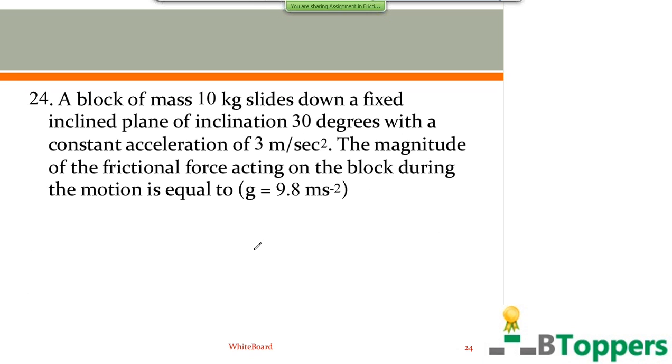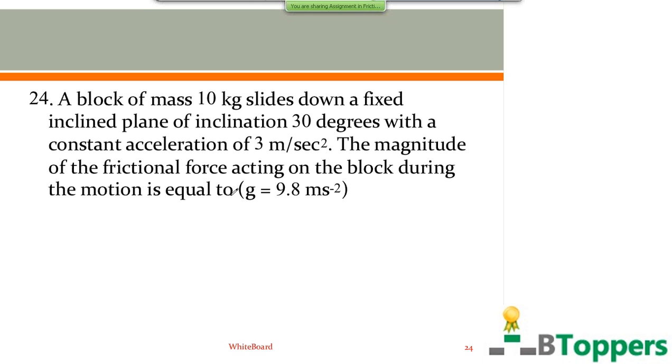Block of mass 10 kg slides down a fixed inclined plane of inclination 30 degrees with a constant acceleration of 3 meter per second square. The magnitude of frictional force acting on the block during the motion is equal to. So you can